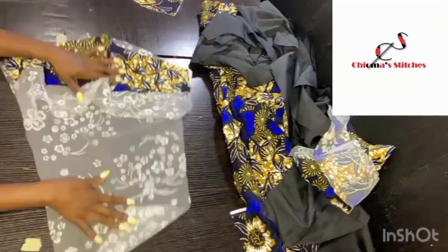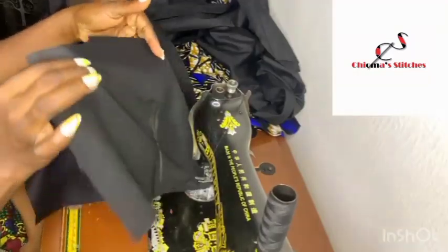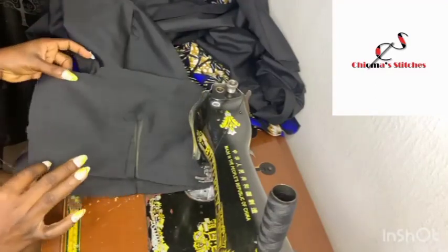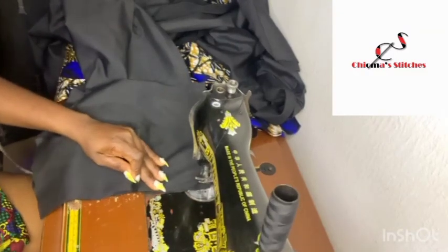Okay, so that's what we're going to be doing for the sleeve part. All right, so now I'm joining the pieces together. I'm going to join the lining pieces to lining pieces, join the main fabric to main fabric, and then